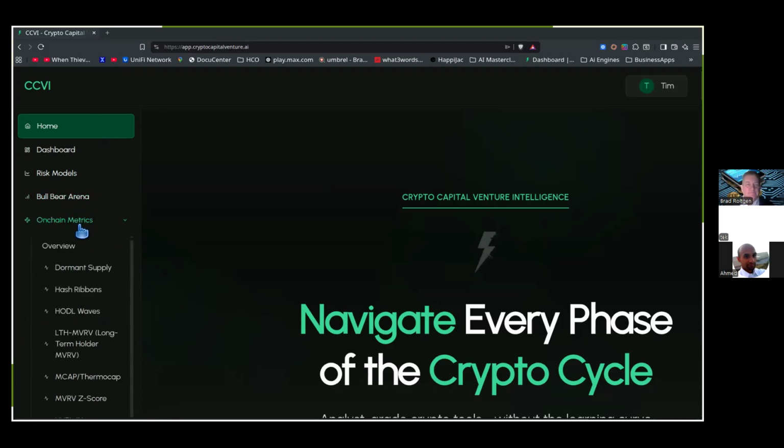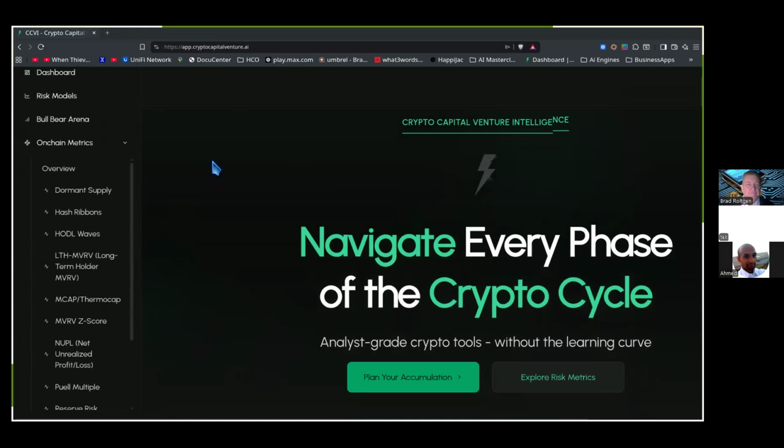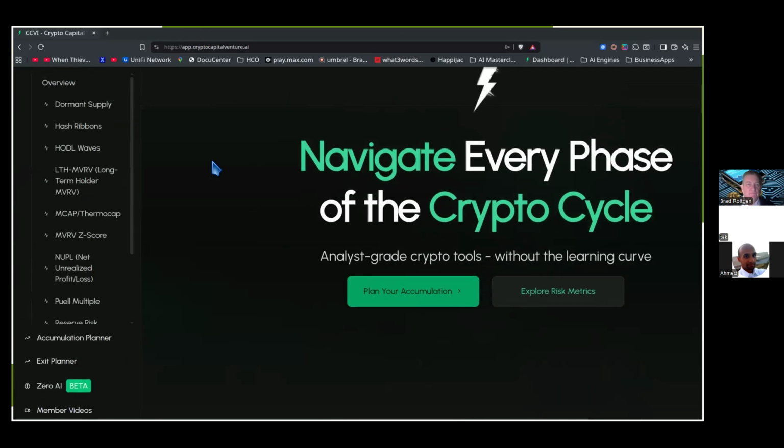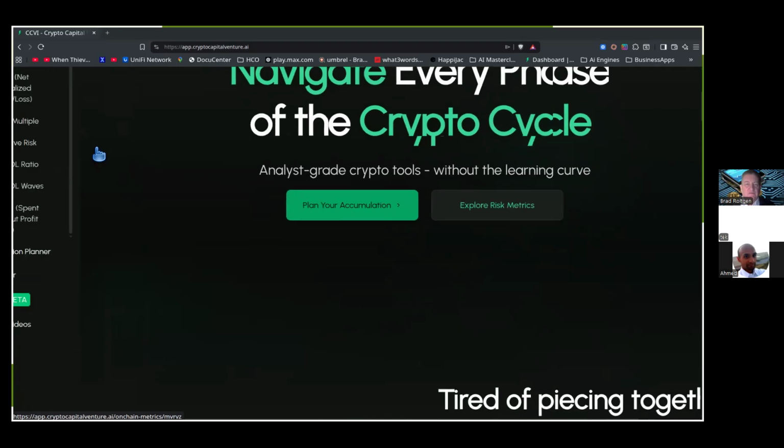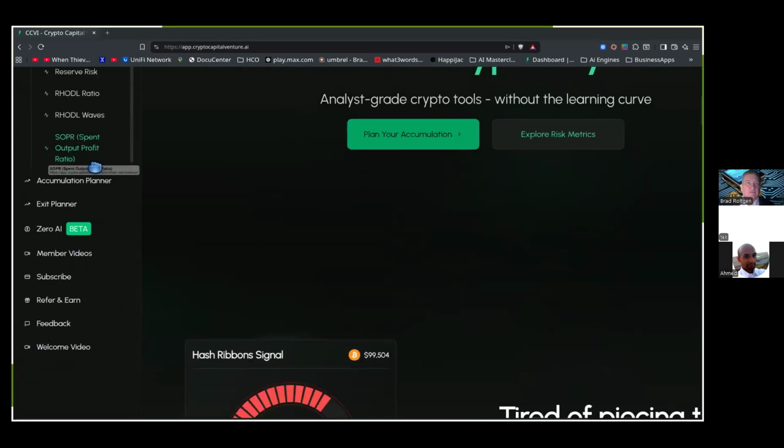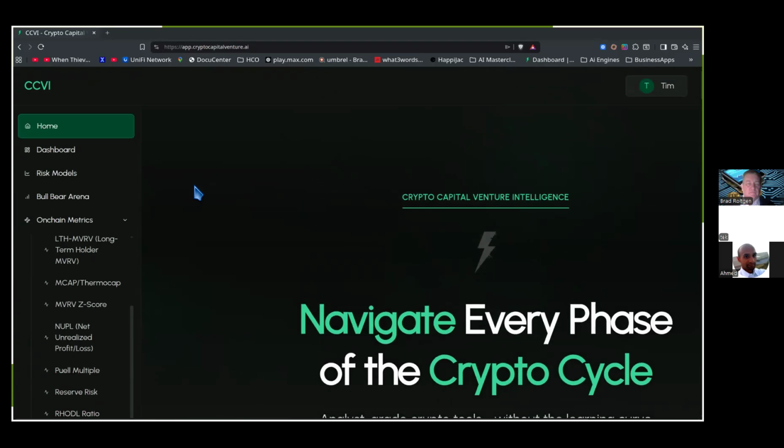You can see a lot of things with on-chain metrics, and there's quite a few. It handles, I want to say, 81 or 83 different assets, and they keep adding new things intermittently. But from the home page, if you go into dashboard,